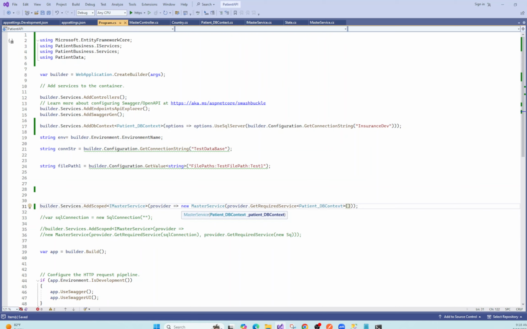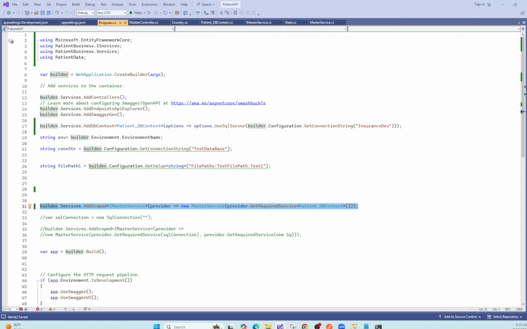Yeah. So first of all, here we are injecting the DbContext at application level. We are injecting DbContext at application level, so that here we are injecting the same DbContext at service level. So first of all, if you want to use it in your service, you should have it on your application. So at line number 17,